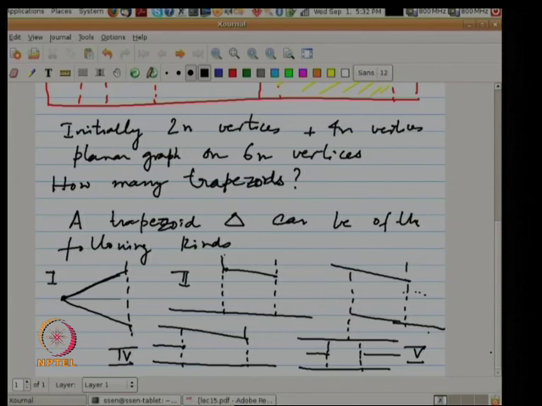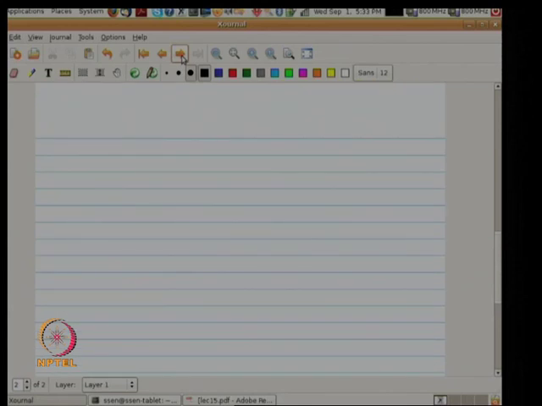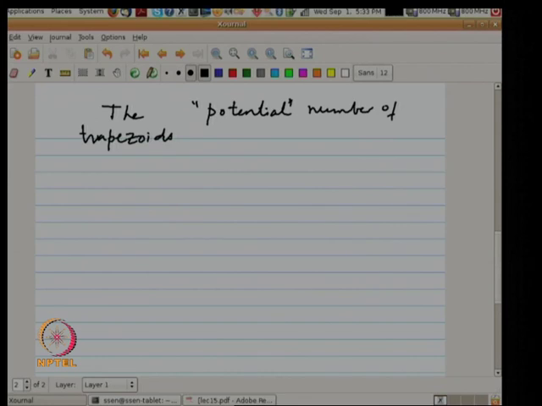If you go by this, we can state the following, that the potential number of trapezoids, I will just say what I mean by potential number of trapezoids, is n choose 4. N is the number of segments,